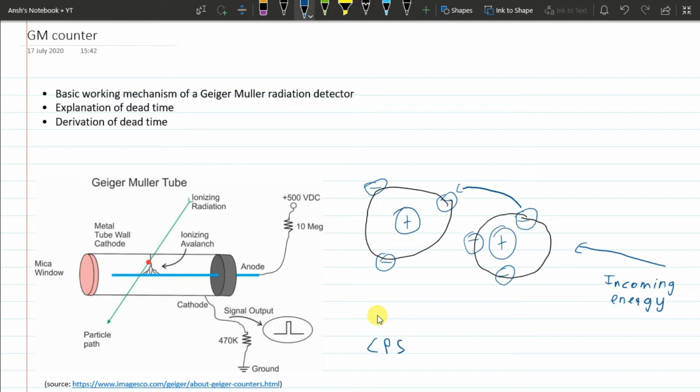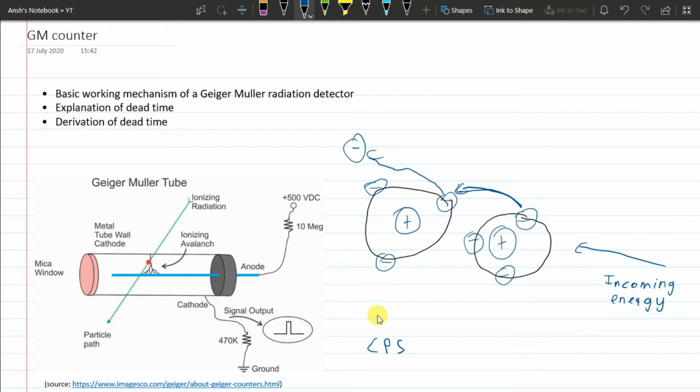Sorry. So what happens is you have incoming energy in the form of radiation. It interacts with the outermost electrons in this atom. It knocks this electron out of its shell. This electron will then go and interact with an electron of another atom, and this electron will go and interact with another electron, and eventually you will have a sort of avalanching effect where a single source of ionizing radiation leads to a lot of free electrons ejected from their respective ions. You can see here that the ionizing radiation interacts with one electron right here, which is the red dot, and then it leads to a sort of avalanching, which is a creation of multiple free electrons inside the tube.